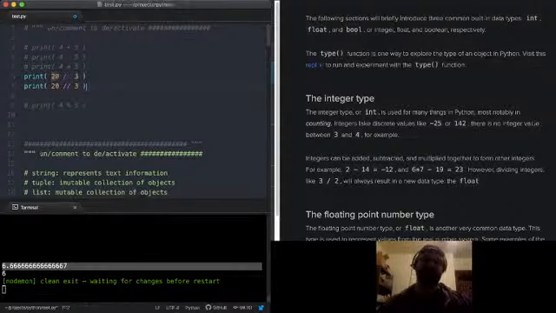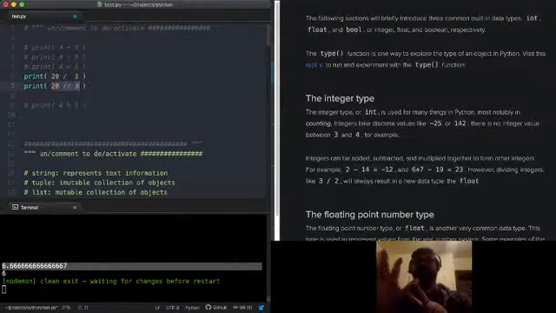When you use double slash, it's going to tell you how many times 3 goes into 20. So if I say 1, 2, 3, 4, 5, 6, 7, 8, 9, 10, 11, 12, 13, 14, 15, 16, 17, 18, 19, 20, 21. That last time was 7, and that went over 20, so I can't do that. So 3 goes into 20 6 times without going over 20, right? Cool.